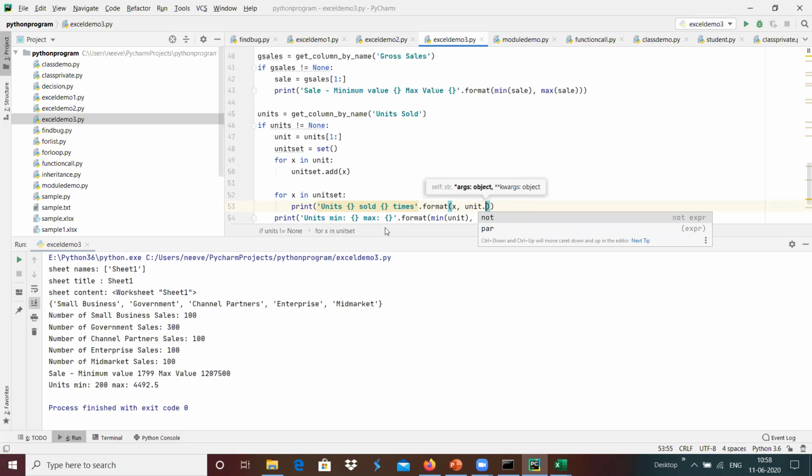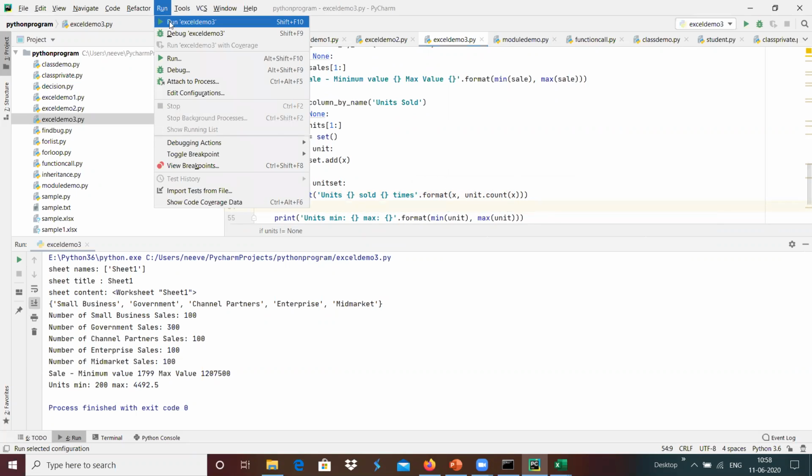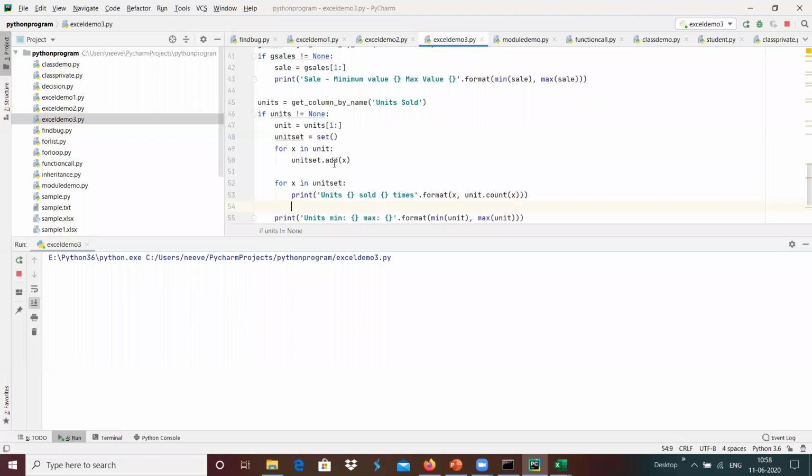unit dot count of x over here, that provides information like this many units sold this many times over here, something like statistics that we are able to get with the help of these outputs.